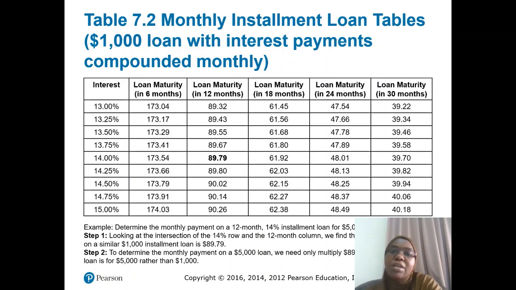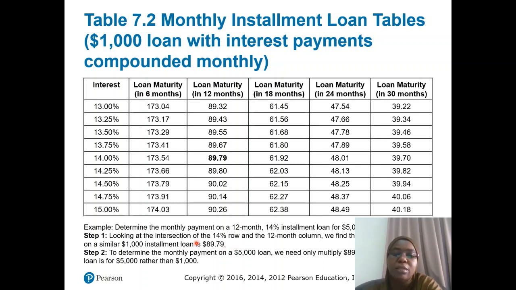So here is the monthly installment loan table for a $1,000 loan with interest payments compounded monthly. For example, now determine the monthly payment on a 12-month 14% installment loan for $5,000. The first step is for you to look at the intersection of the 14% row. I think we did something similar in the last class too. And the 12-month column. So we find the monthly payment on a similar $1,000 installment loan, which is